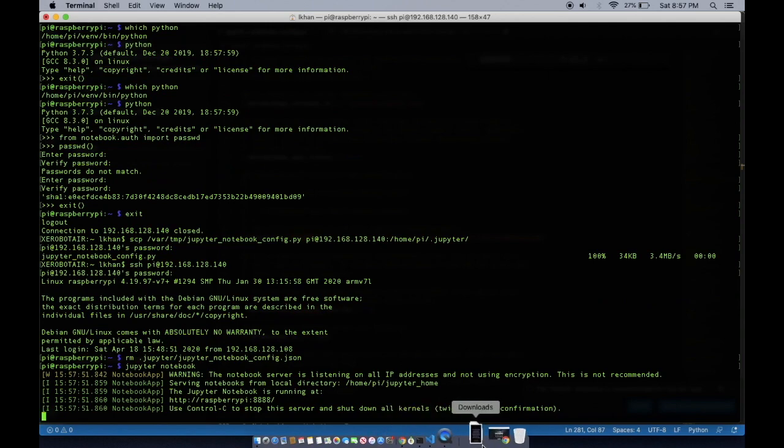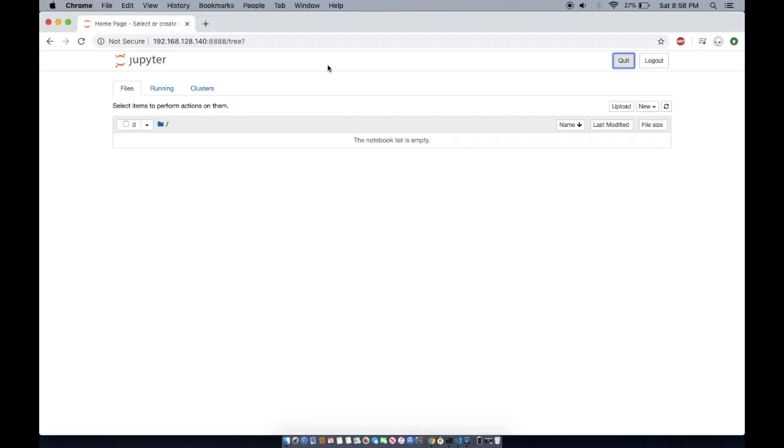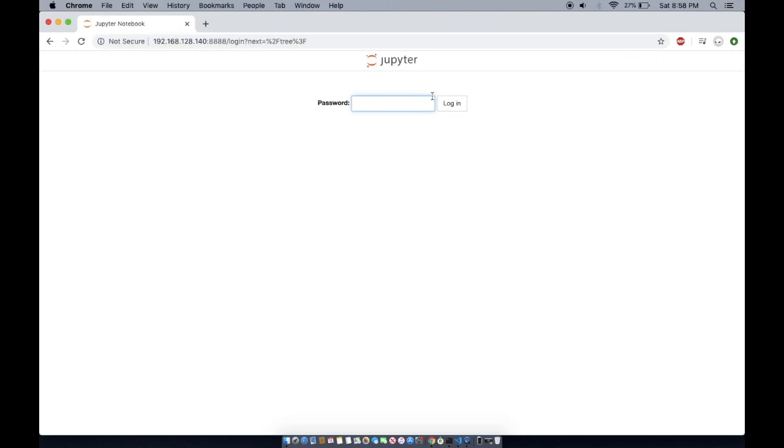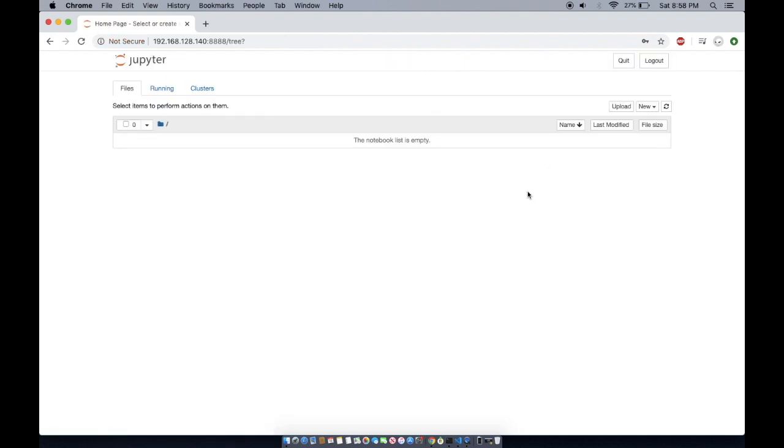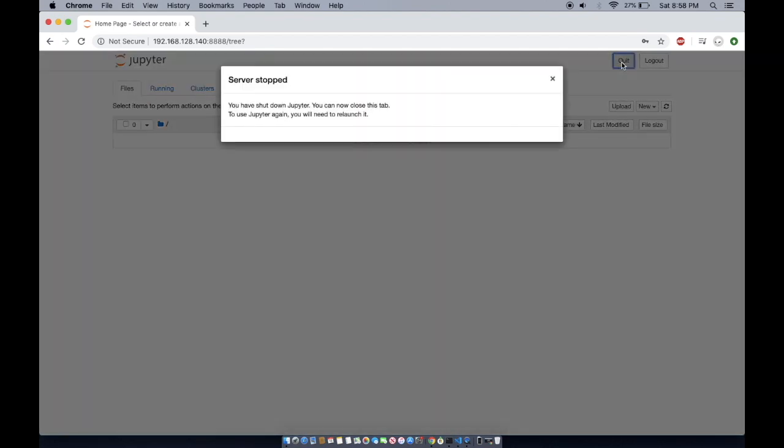Again, it's serving. All right, and again, type in my password, and we're back online. So these are the two methods how you can go about creating a password and storing it into a config